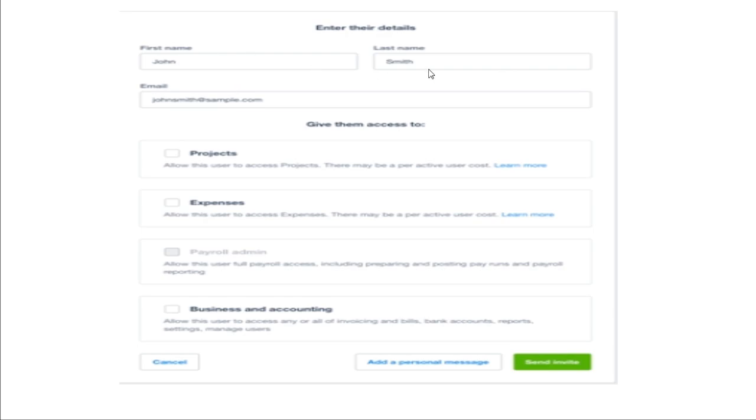If it's John Smith, just put the first name and last name, email, and then just choose the option you want to give to your user. You want to give him or her project or expense access. You want to give him payroll admin access, or you want to give him or her business and accounting access.